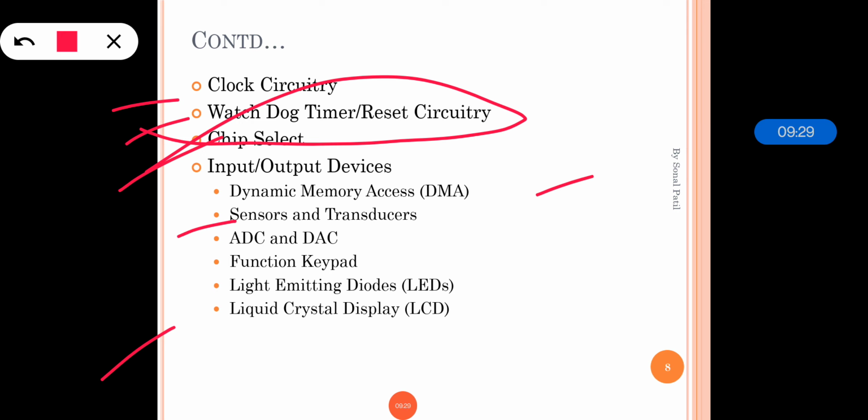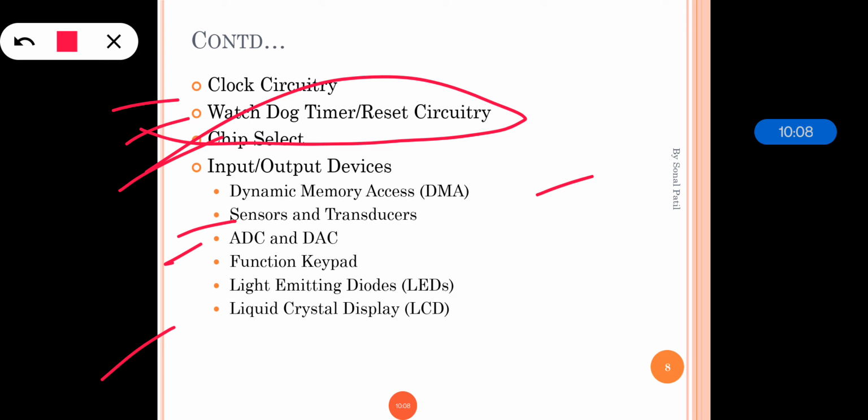Then the sensors and transducers. There are various sensors that are needed in our daily life, like temperature sensors that convert the temperature into equivalent electrical voltage, and light sensors that convert the light intensity into electrical voltage. Then the ADC and DAC. As its name implies, ADC is used for converting analog to digital and DAC vice versa. The analog signals produced by sensors and transducers have one important characteristic: bandwidth. The analog signal can be converted into digital format by sampling and quantization.